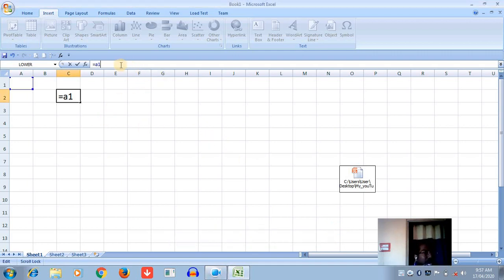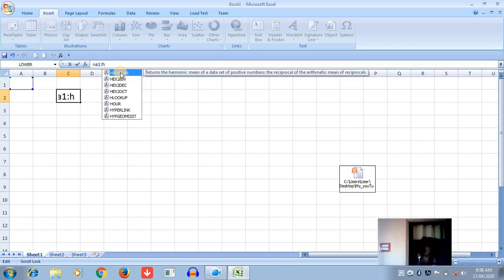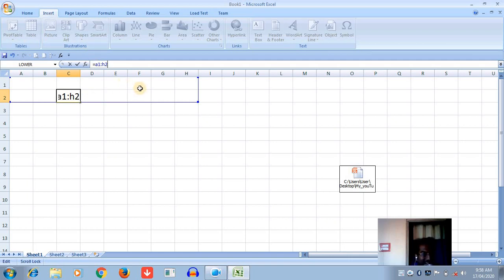And how do we use a group of cells? When you have to use a group of cells, you put the column and select up to H. So what is the range? H1 is the range. You see that the group of cells is selected here. That is called the range of cells. Now if you write H2, two rows are selected with each cell. So these are the cells selected by the cell reference, and this is the most important part of Excel for identifying each cell address with its cell reference.